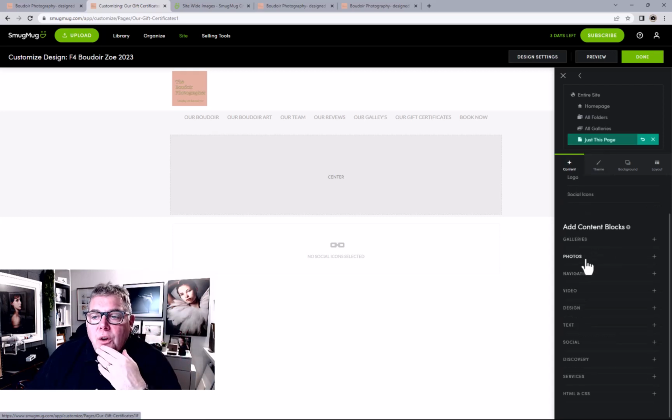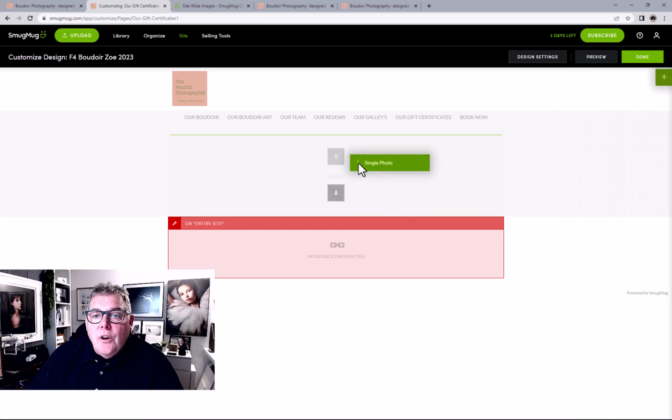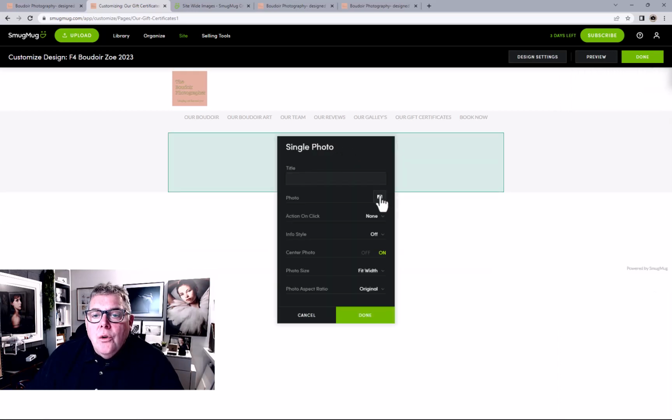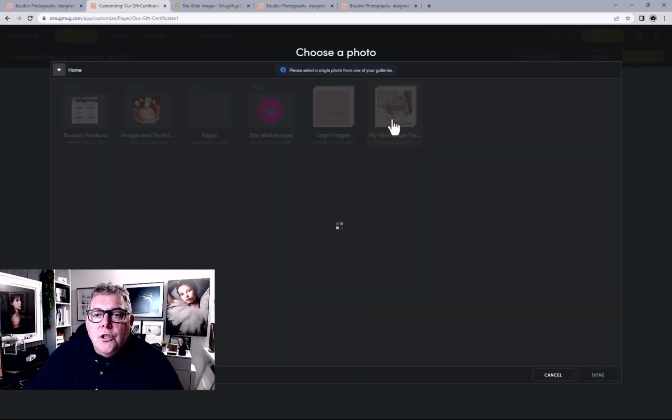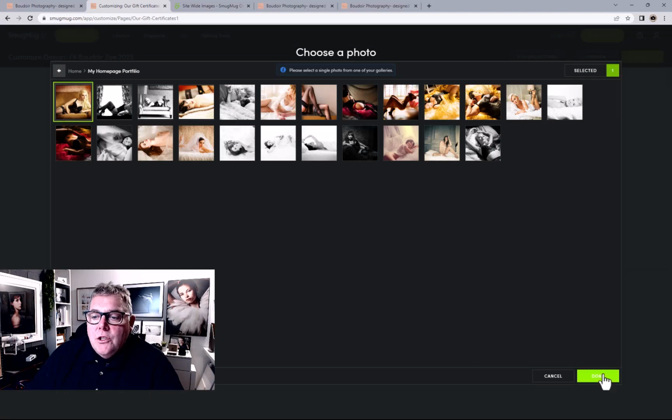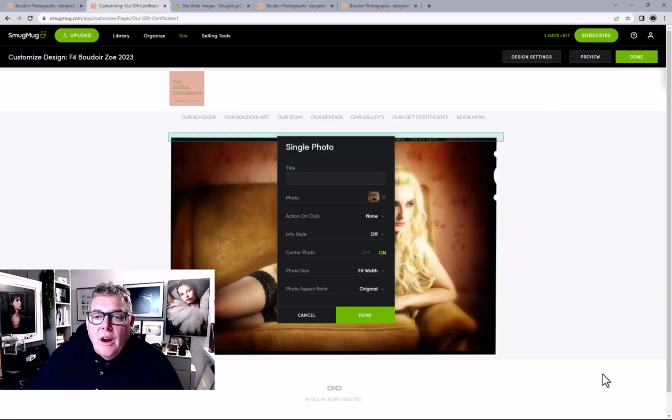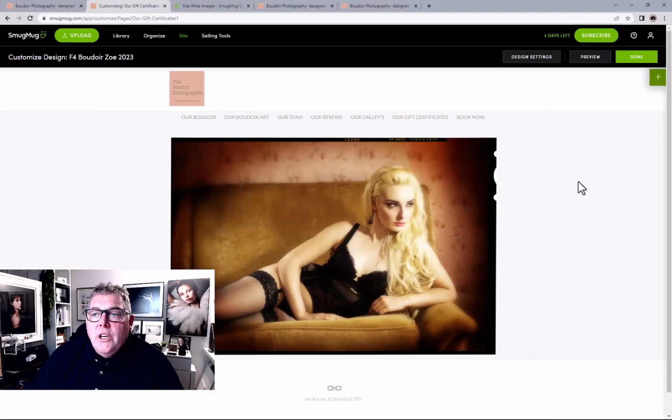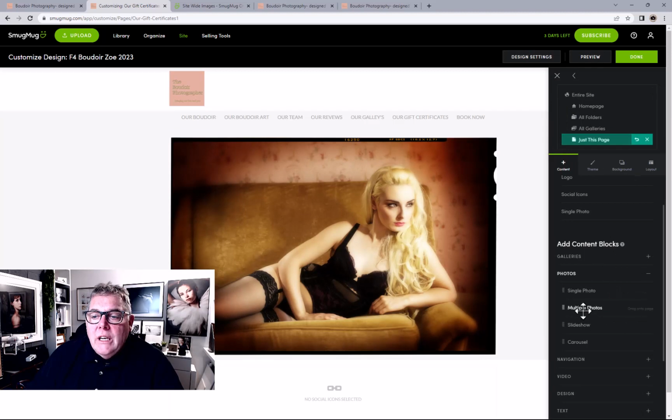In content, though, this is really what we want to do, and this is about learning what we can physically do on a page. The first thing you can do on a page is add a single photograph. So we're just going to quickly choose an image. There's our single photograph. We can change its size, its look, and its position. We can also add in